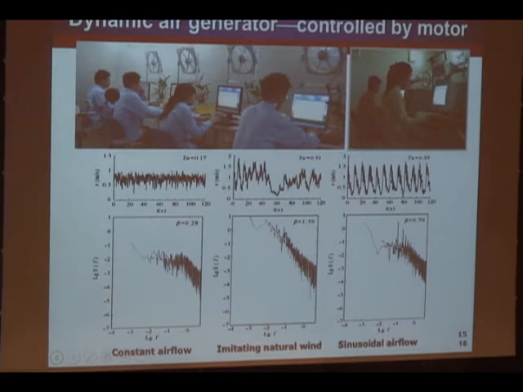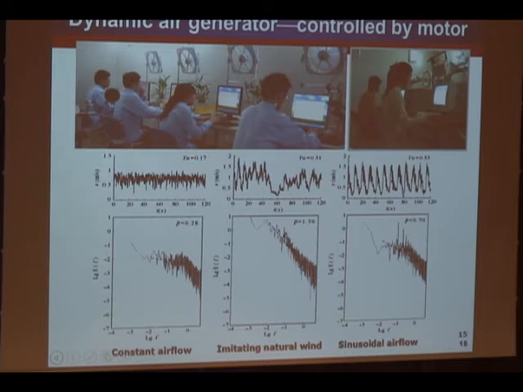So according to this analysis, the difference between mechanical wind and natural wind, we developed a dynamic air generator. This kind of generator includes the fans and the diffusers. The picture shows a kind of fan. It's controlled by a motor. We can use a computer to input the signal to control the motor, and